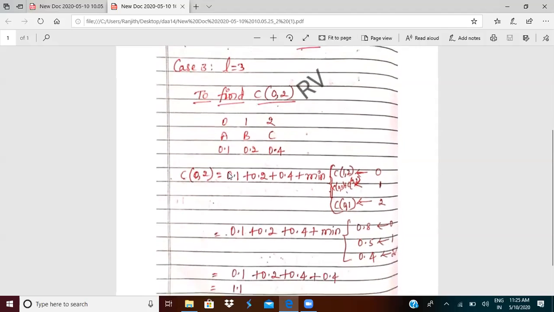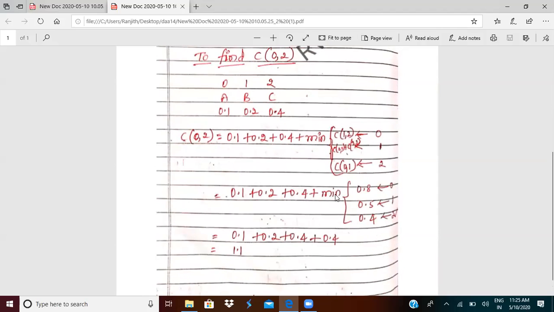Excuse me, sir. Why can't we write C of 1 comma 1? Why will you write C of 1 comma 1? Two columns are left there. See, you keep this 0 and close this 0 column. When you close this 0 column, you get C of 1 comma 2. When you close this 1 column, there is one column on the left side and one column on the right side. So you will take C of 0 comma 0 plus C of 2 comma 2. You cannot take C of 1 comma 1. Now if you close this 2, you have these two. That is C of 0 comma 1.